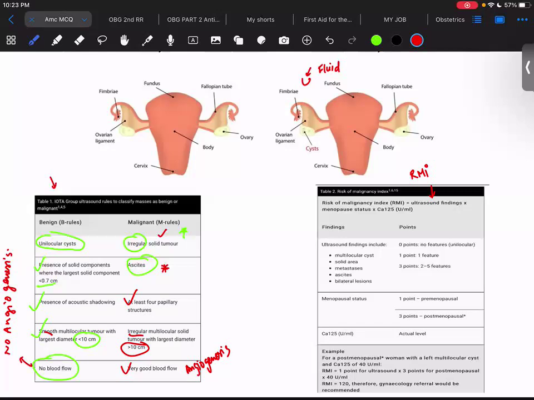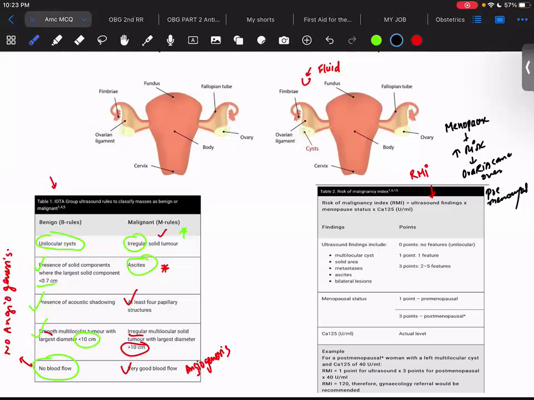Those patients who have menopause are at higher risk of having ovarian cancer over those who are premenopausal,